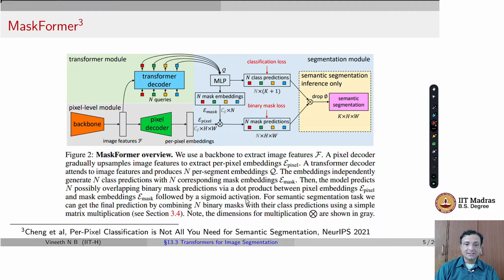MaskFormer had an interesting strategy which has been taken up by many other methods since their proposition. So let's see this in some detail. This is the figure from the paper where, given an image, they send it through a standard backbone,